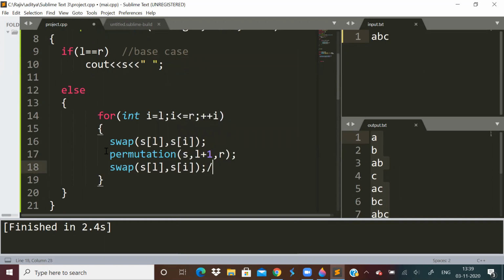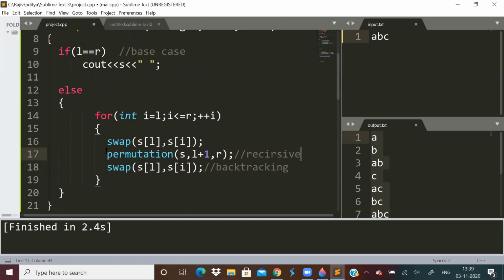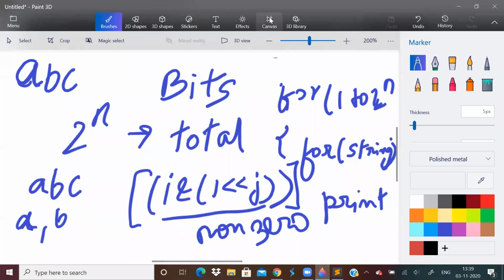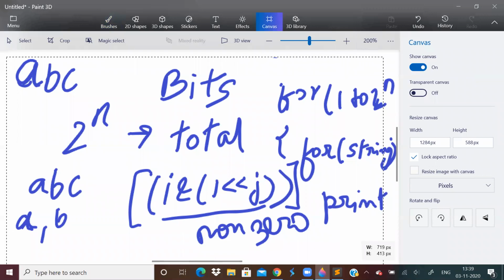This step over here is backtracking, and this is the recursive call.